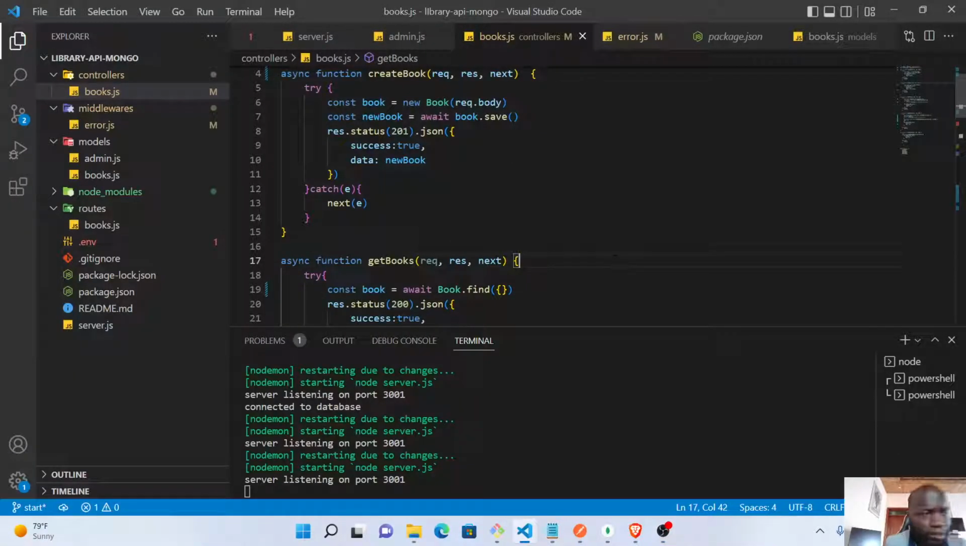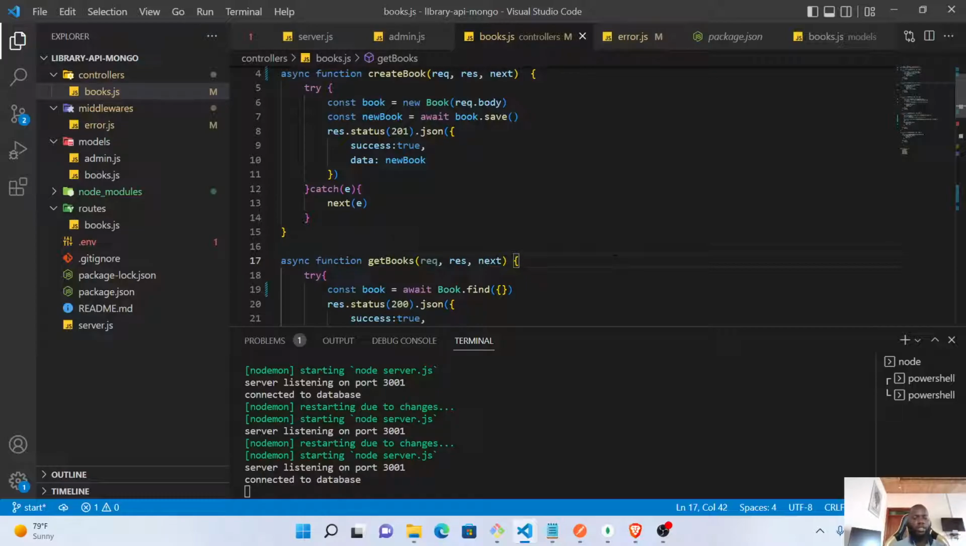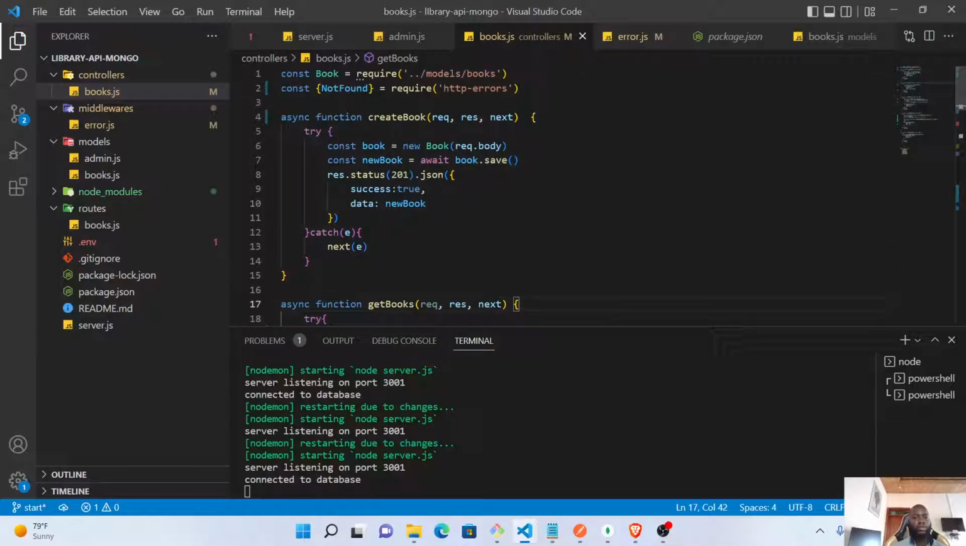All right. Hi everyone. Today we're going to be talking about how you would handle errors, how you would handle async in a cleaner way. So if you look at our controller method right now,